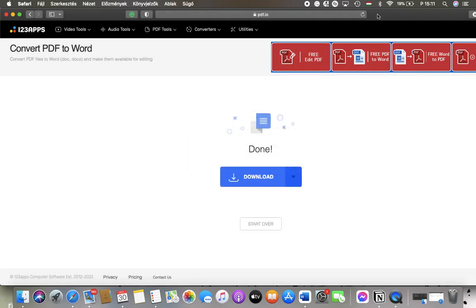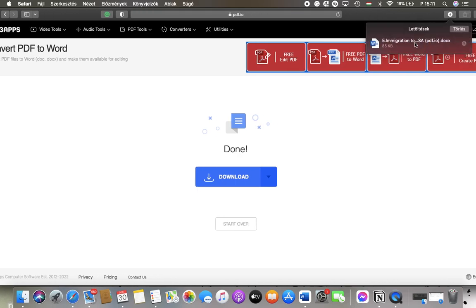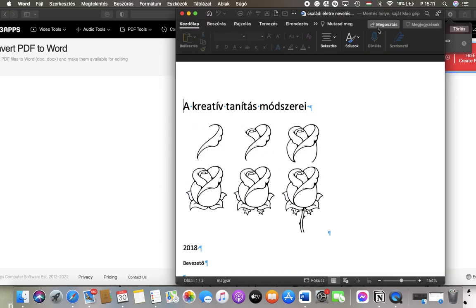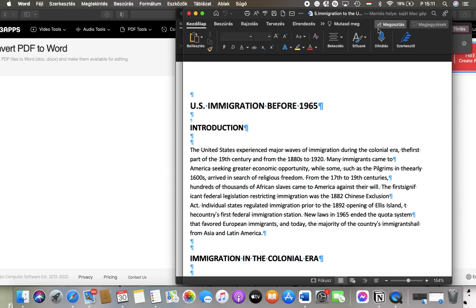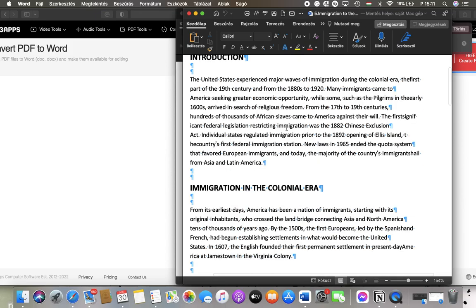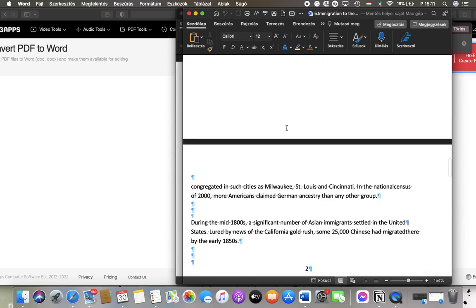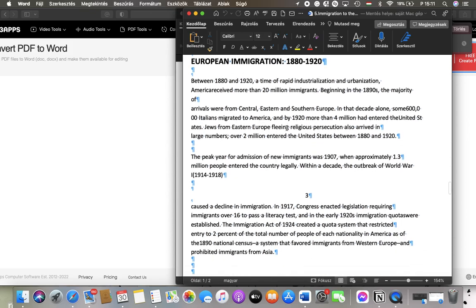And in a few seconds you will be able to check out how it looks like. So here you have your PDF file converted into a Word document. So go to Downloads, tap on the document to check out how it looks like. It takes a few seconds. So here you have your file. As you can see, it is a completely new Word